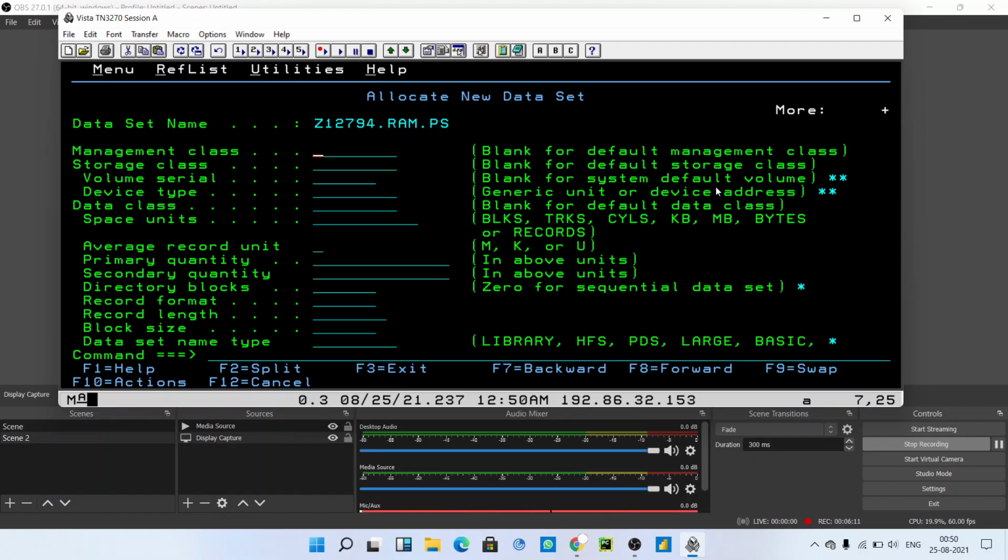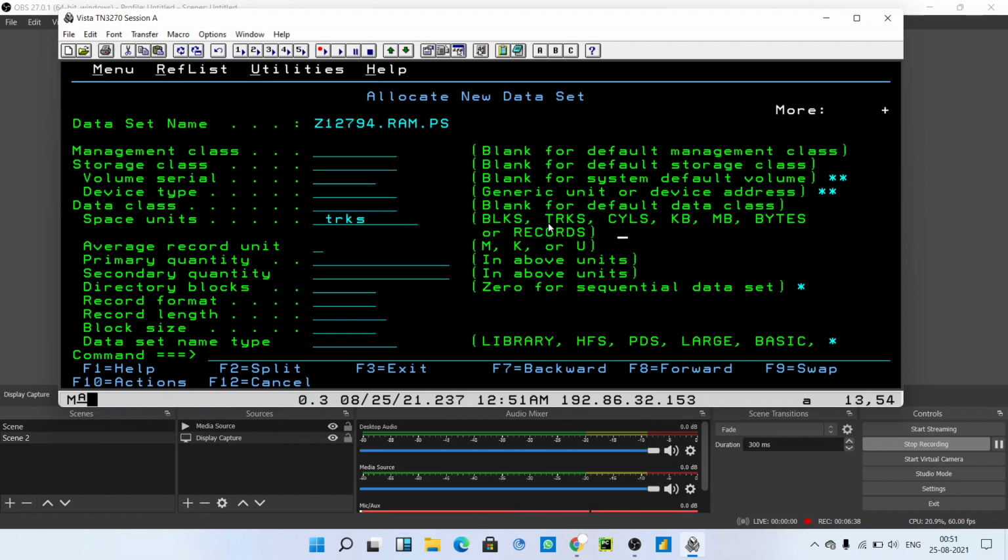Before that we have to give some parameters. There is no need to give any parameters before this, because it will take them by default. You have to give space units as trks. You can choose from this option only: blocks, tracks, cylinders, KB, MB, bytes or records.